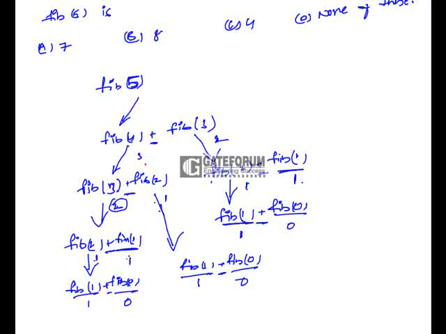Here the value of Fibonacci of 5 is, so here 3 will be there. Fibonacci of 3 is 2 and Fibonacci of 2 is 1. So here 2 plus 1, 3 will be there, and Fibonacci of 3 is 2. So here 3 plus 2, 5. Fibonacci of 5 is 5, and the number of additions taken place are 1, 2, 3, 4, 5, 6 and 7. Total 7 additions taken place in order to calculate Fibonacci of 5. So here correct option is option A.